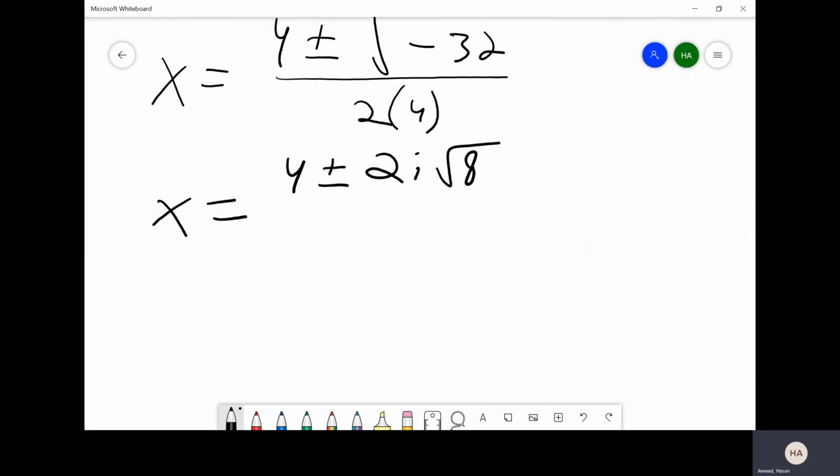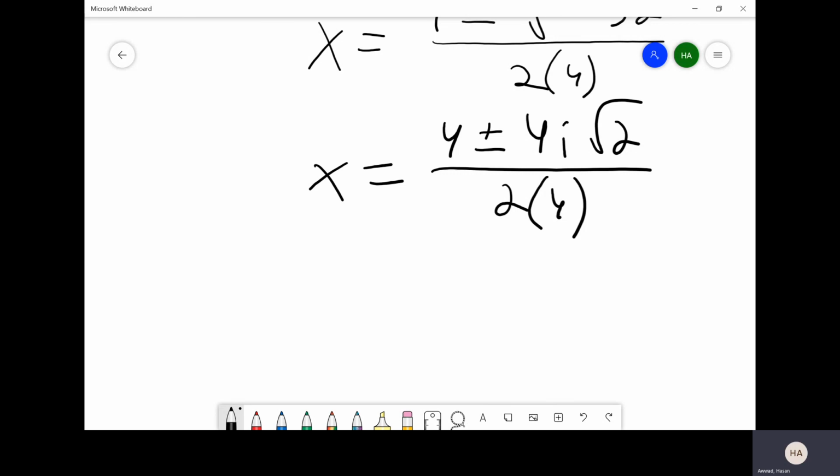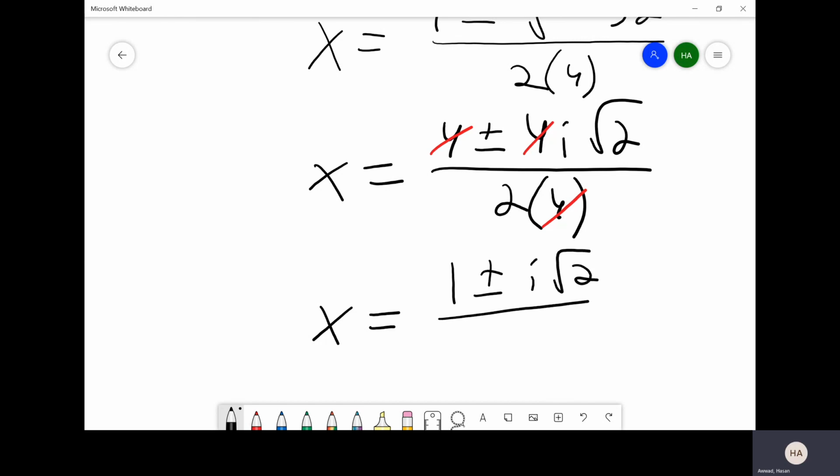Okay, so we're going to just clean this up. Call it 4i times square root of 2 all over 2 times 4. We're almost done. We have a 4 in the bottom. We also have a 4 in each piece up top, which means that we can cancel out this 4, this 4, and this 4. So what are we really left with? We are left with x is equal to 1 plus or minus i times square root of 2 all over